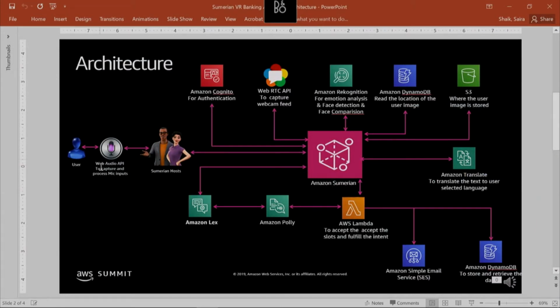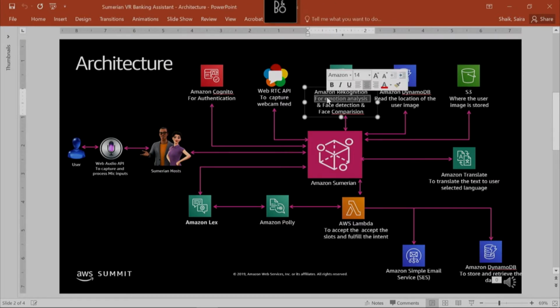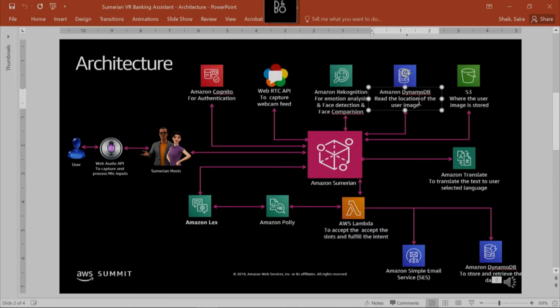So we are using this microphone input, and then we are using Cognito for authentication. So Sumerian can talk to all these services. And then we're using WebRTC API to capture the camera feed and show it on the screen and capture the user streaming. And then we are calling Rekognition to detect the user emotions, and after the user provides the details, to compare the face against the database, DynamoDB to store all the data, and S3 to store the user